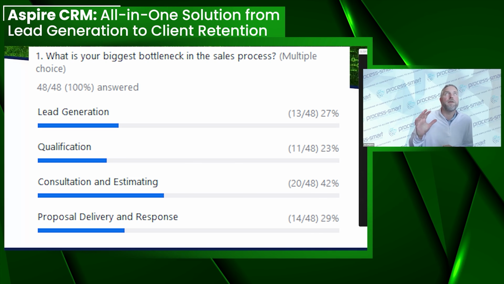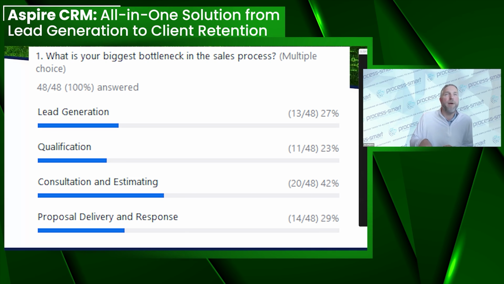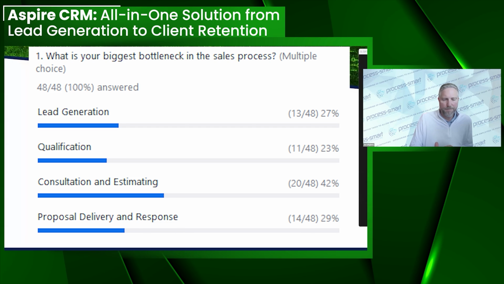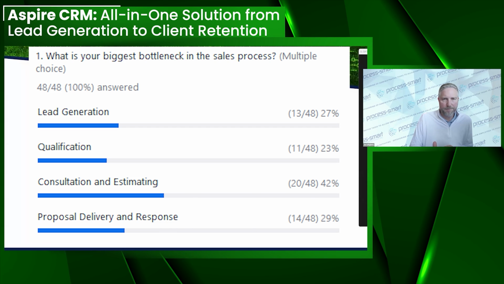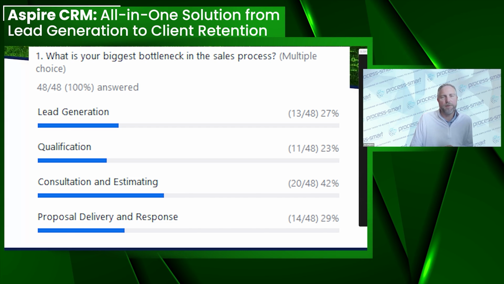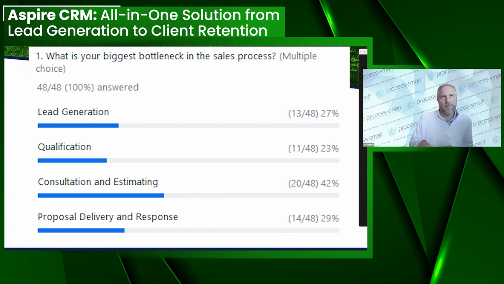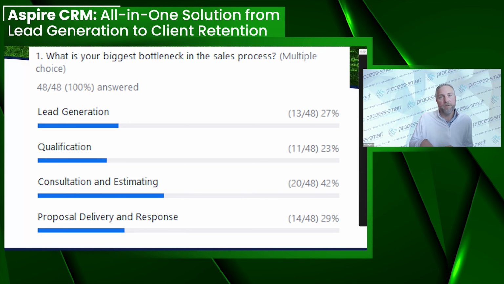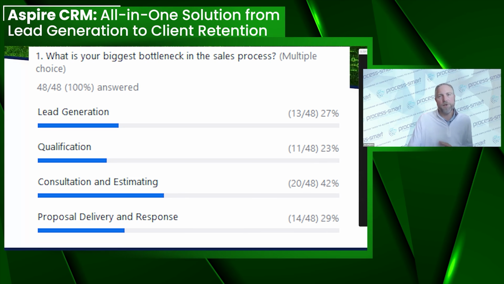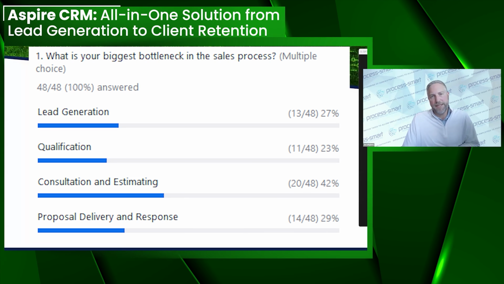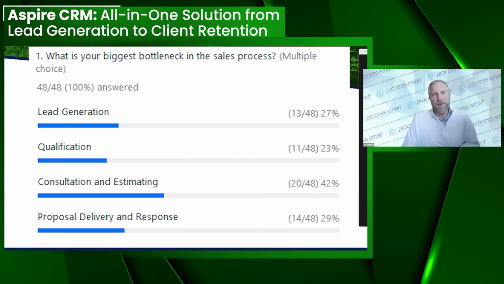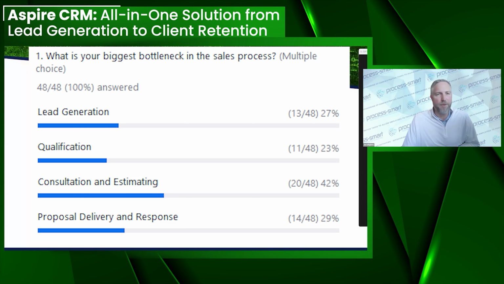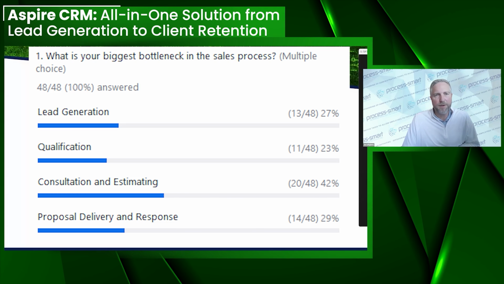So you've qualified the lead, you have a good prospect, and now you've got to go out and do an estimate. That's very addressable with tools that are available native to Aspire, like Property Intel. And some of those activities, other than meeting face to face with the client, are good places to get assistance from other companies, like our company. So let's go into